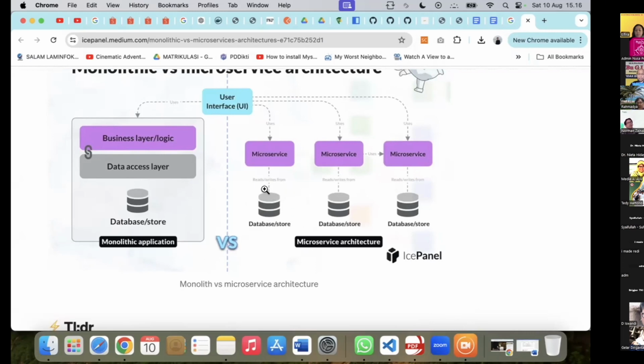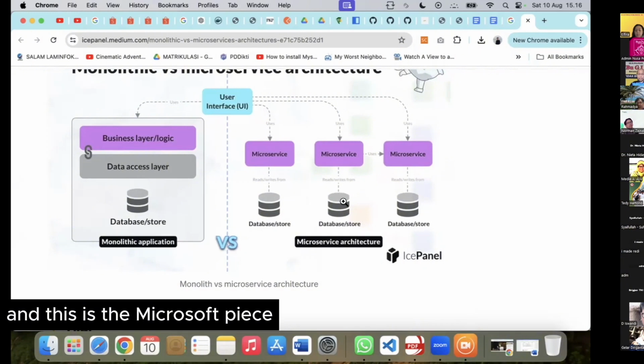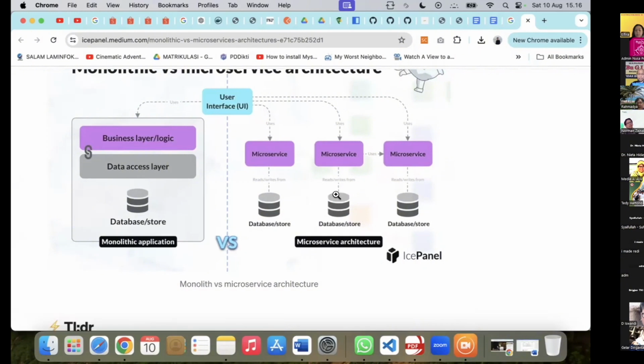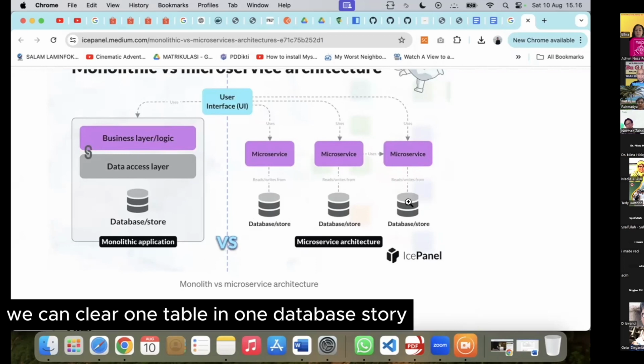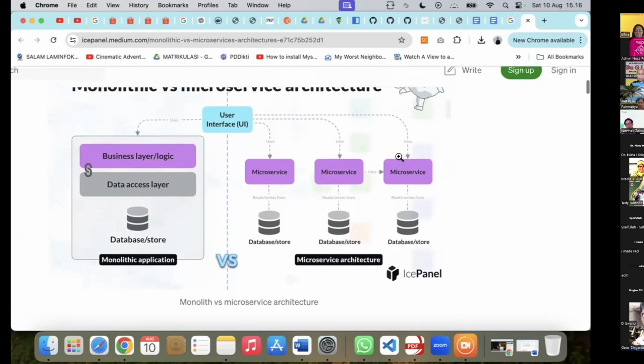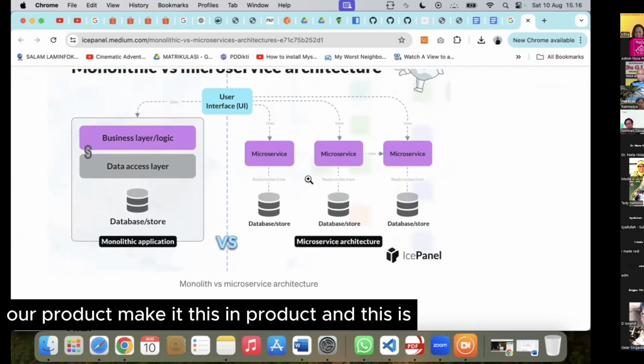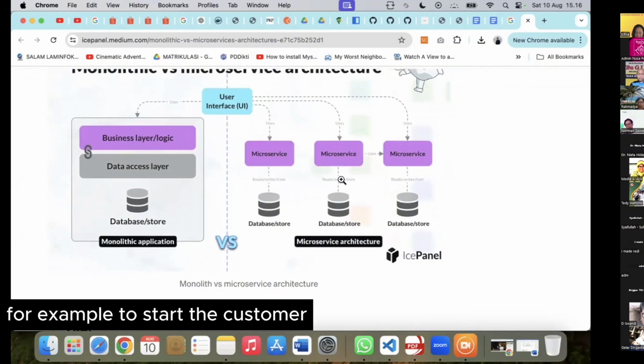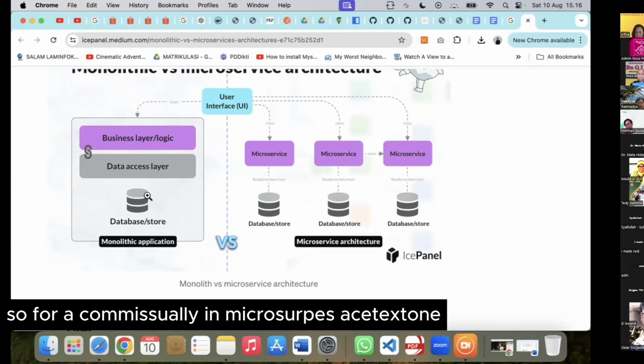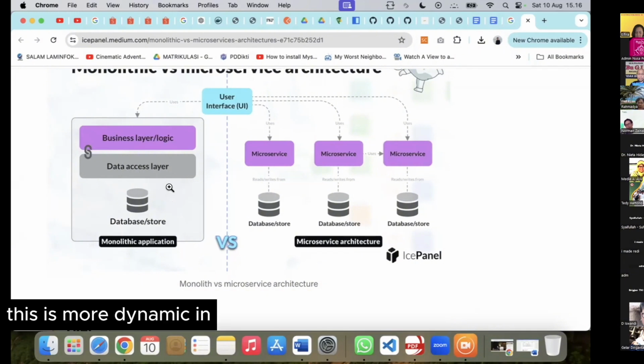Yeah. And this is the microservice. For example, we can create one table in one database store. For example, our product, we create this in product. And this is, for example, to store the customer, this is to store the transaction. So for e-commerce, usually in microservice architecture, this is more dynamic.